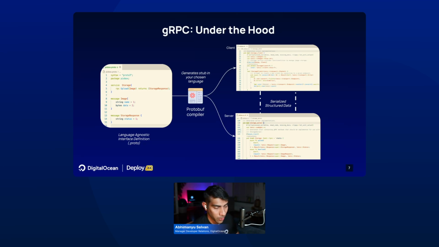So they support multiple languages. In this case, I've chosen Rust, but you could do it in Python, C++, Go, and they support various other languages. So you take the file, it compiles it and generates a client and a server stub, and